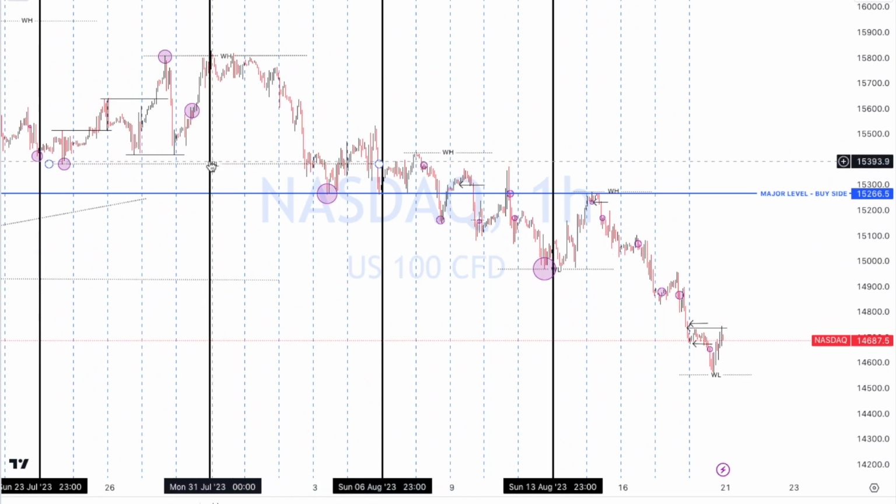This was the weekly low. The weekly low was taken out at some point. You could have made a move here. Okay, cool, you got caught out, stop loss, etc. Blah, blah, blah, whatever. Boom. The following week, it went below it again. If you timed it right, you would have got all of that. It's that simple. It's not easy, but once you get your head around it, it starts becoming simpler and simpler